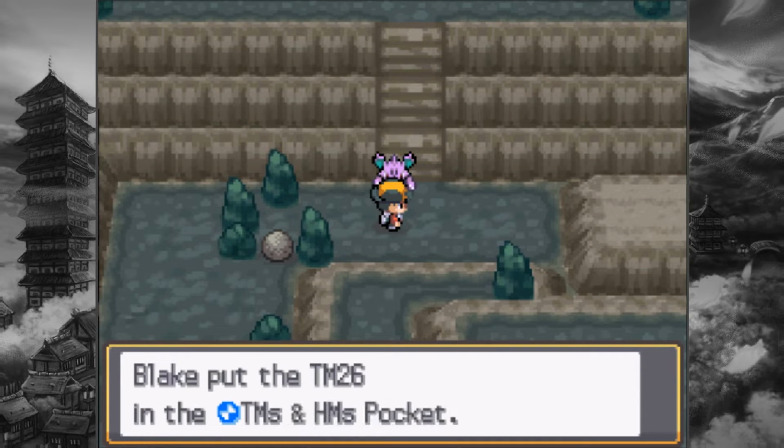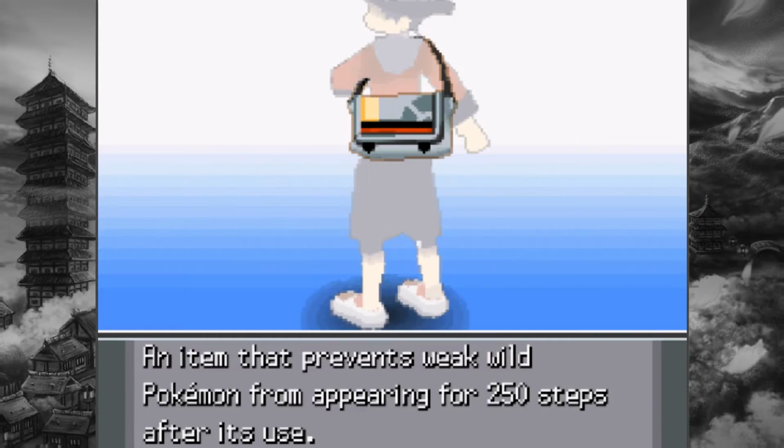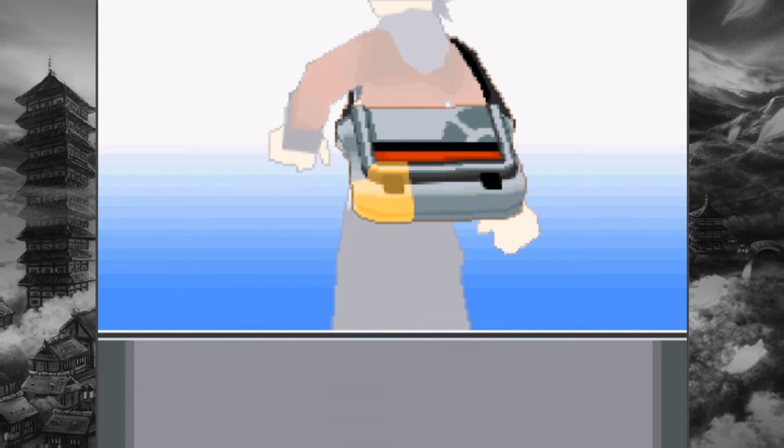I thought over there was the item, but apparently all I had to do was just go around, go down the ladders, and fall down the hole. I'm not worried about the other item now. TM26 Earthquake. 100 power ground type move. And it just does a lot of damage. That's it. However,